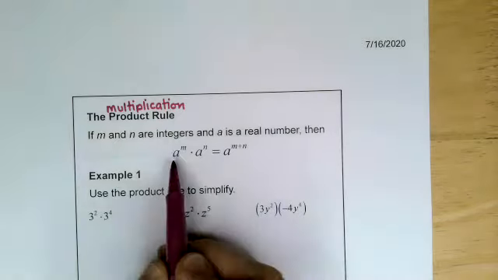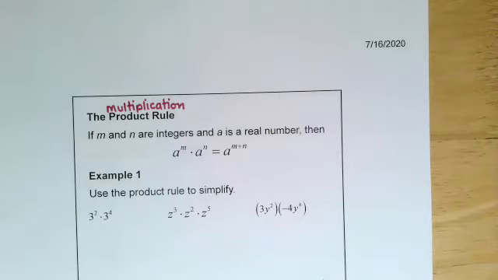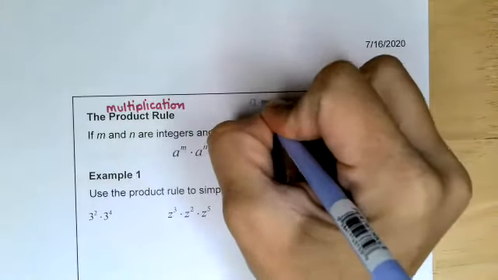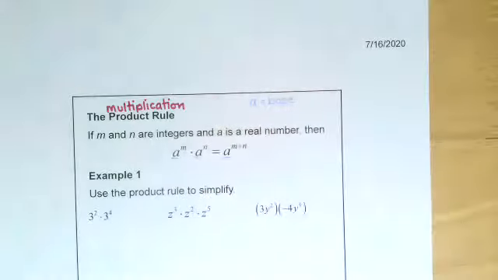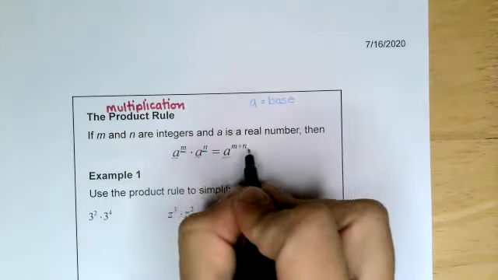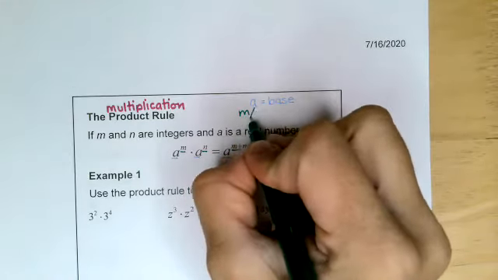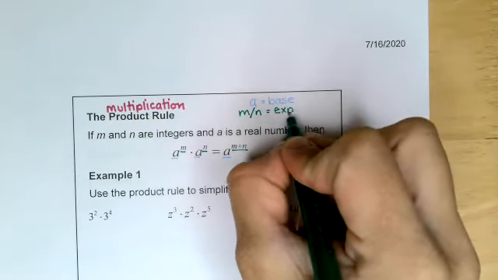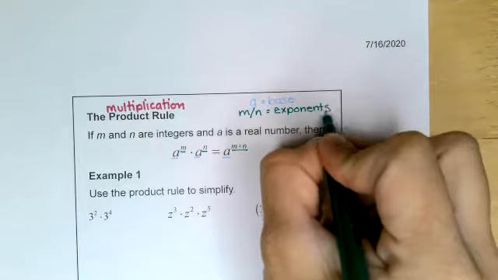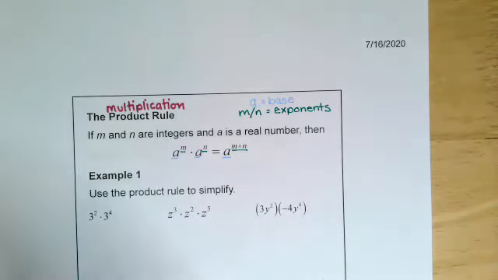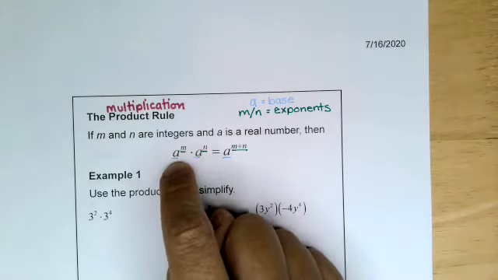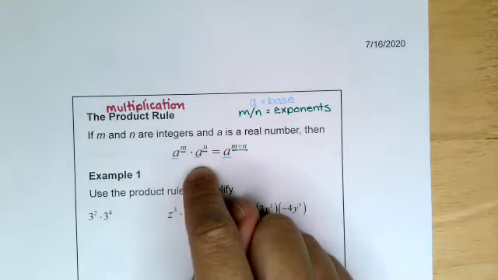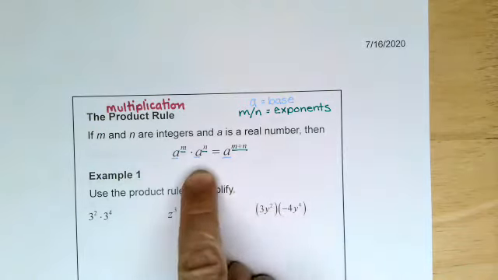If you have a base, this is our base, and m and n are exponents. If you have a base raised to any power or to any exponent, and you are multiplying that base by the same base raised to any power,